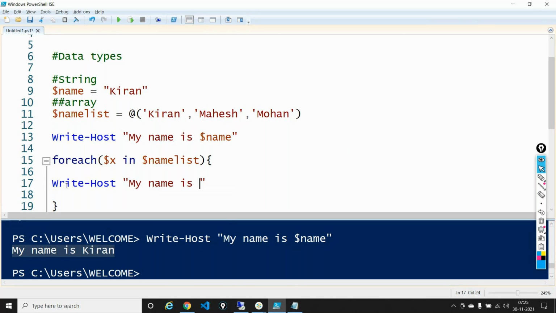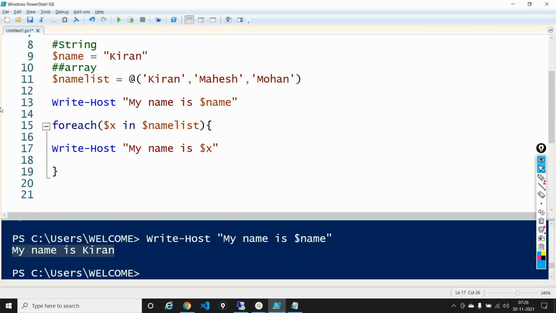$x, because inside these two brackets between 15 and 19, my $x value is getting incremented each and every time the loop is getting executed. So I'm saying it is $x. Firstly, I'm doing a for each loop. I am taking a temporary variable known as $x. This can be $y, $z, anything. After the dollar, you can declare anything here. And then I'm saying for each $x in $name list,